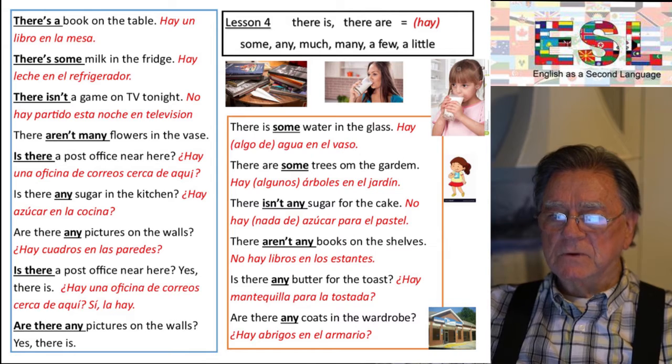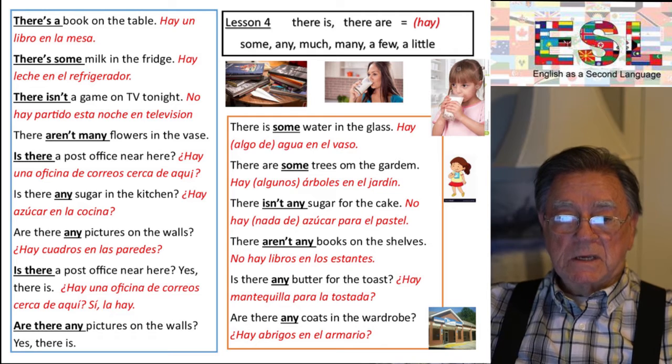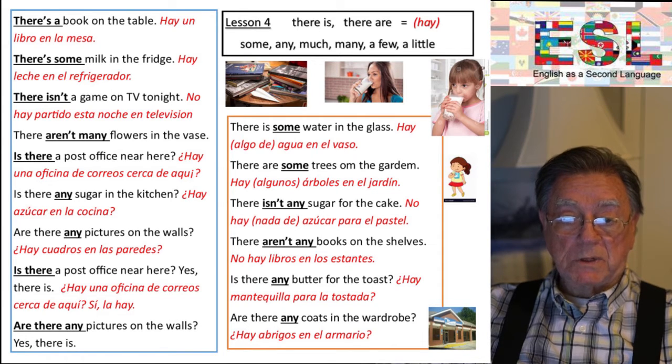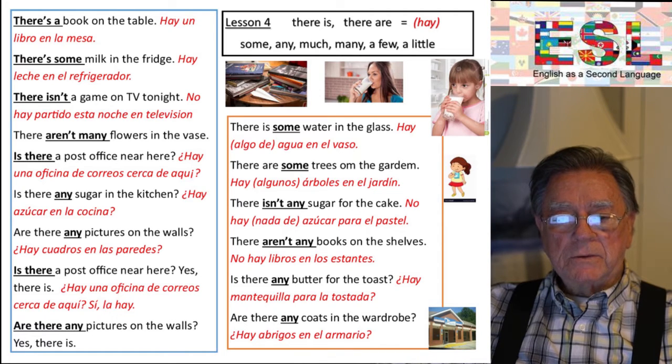Okay, first one is, there's a book on the table. In Spanish, hay un libro en la mesa. There's a book on the table. Okay? And then there is, letting us know there is a book. Okay, and another